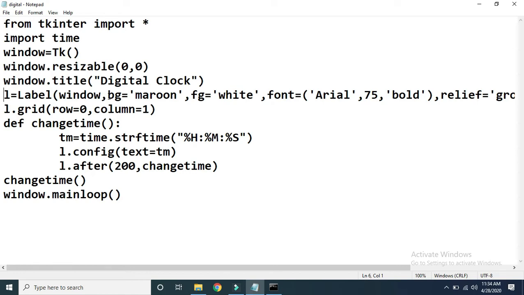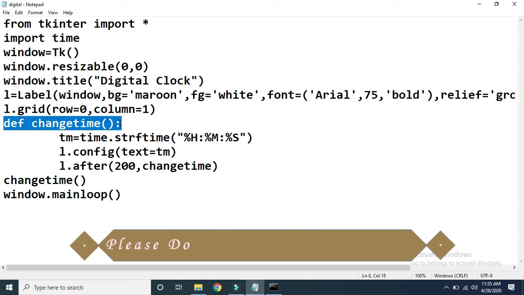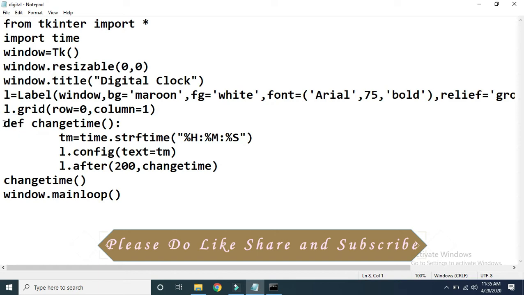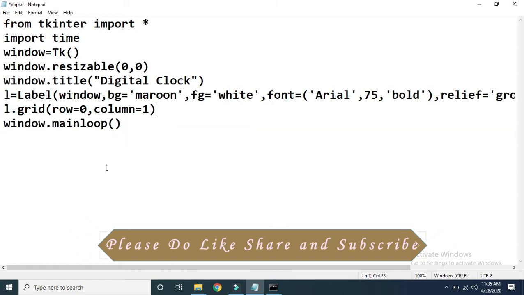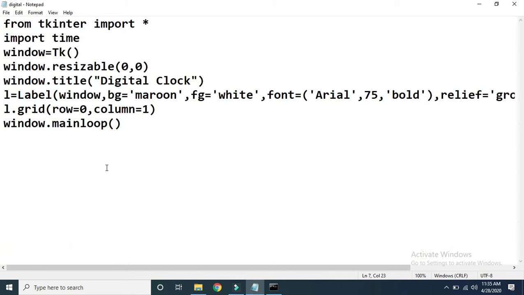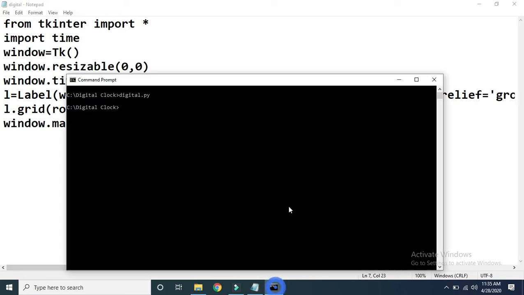So from which line are we assigning text? Through this function we are assigning text. And then this label will be placed at row 0 column 0, and then this statement will be executed. Now see, initially I just want to cut this particular function from the program and show you the output here. After execution of this program, what will happen? One label will be created without text, but some background and foreground color we have given, and it is placed at row 0 column 0.